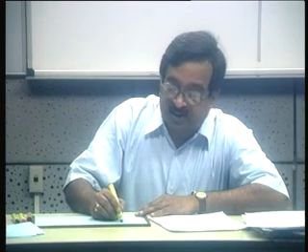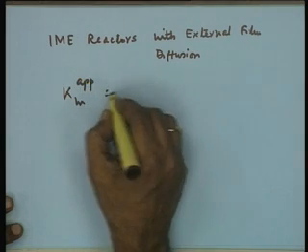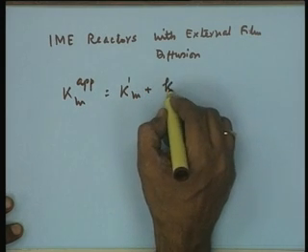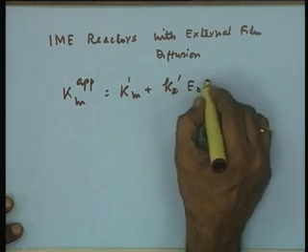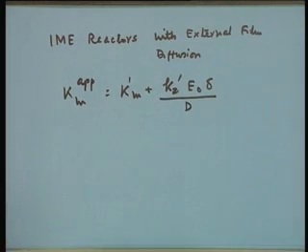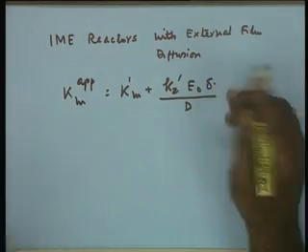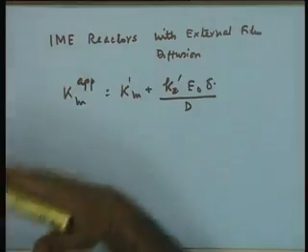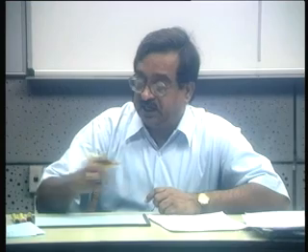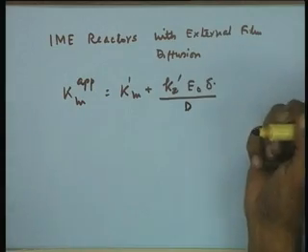Now in that case, of course, one of the empirical methods to determine this was given as Km apparent equal to K'm plus K2' E naught delta upon D. So, purely as an empirical solution to describe the problem, the Km apparent will be dependent on the thickness of the film, which is logical, because the bigger the thickness, the mass transfer resistance will be more, and D is inversely proportional to the rate of diffusion. That is also quite obvious.